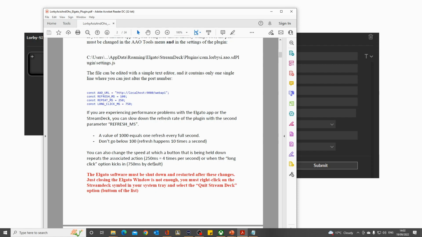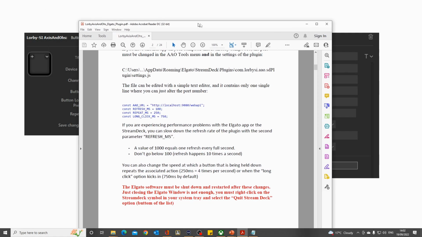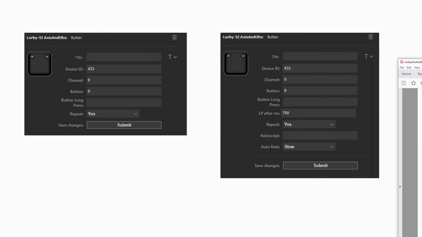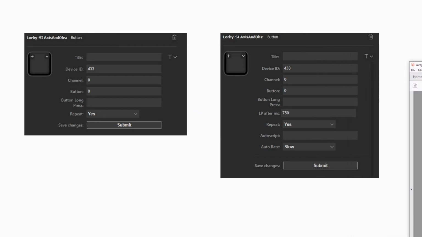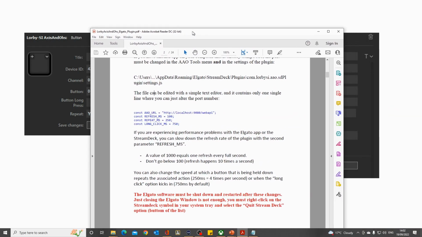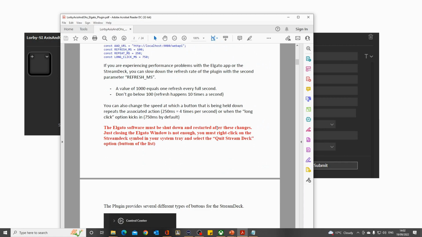Okay, and all over here we've got details for it there. So bits that we can configure in here. So that's in the instructions. That's covered there. So let's get back onto the difference. So button, yeah, it's added that definition there for the long press, but it's also introduced this idea of an auto script. And again, if we bring back the written instructions, the file that comes with it,